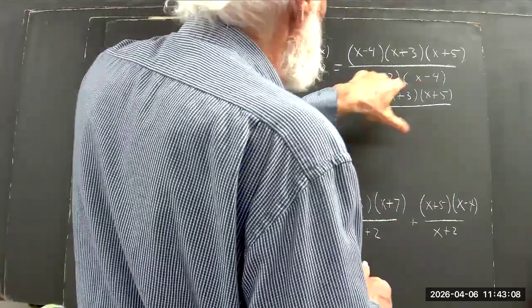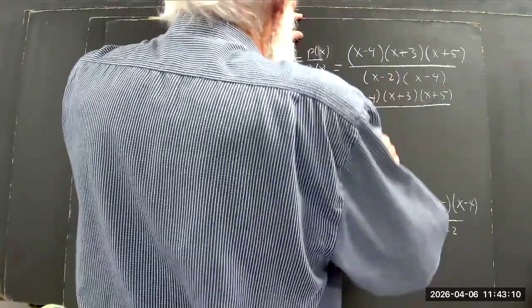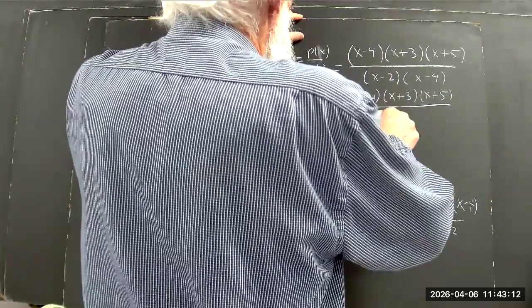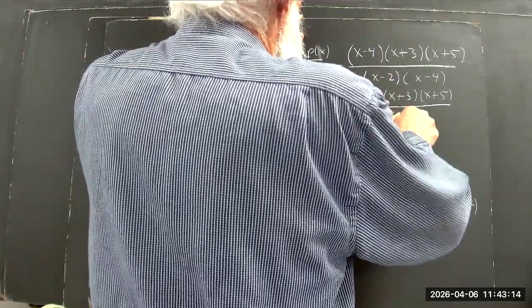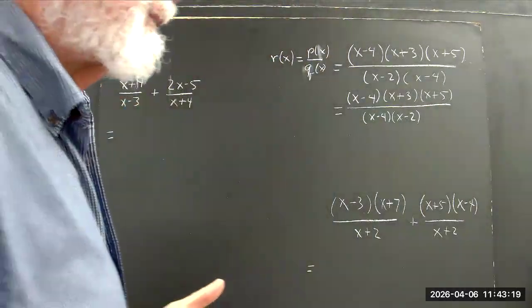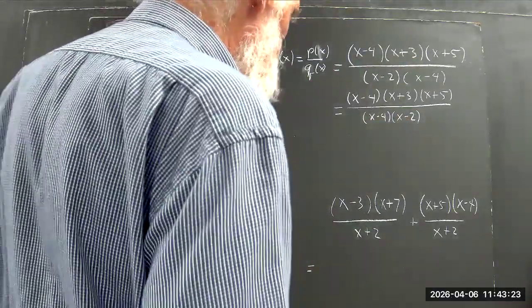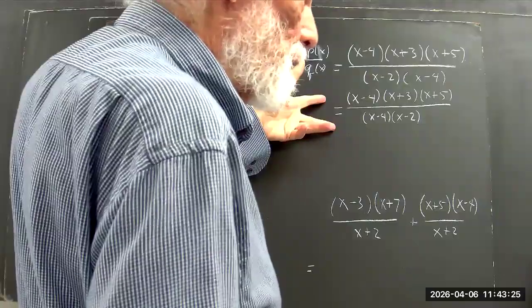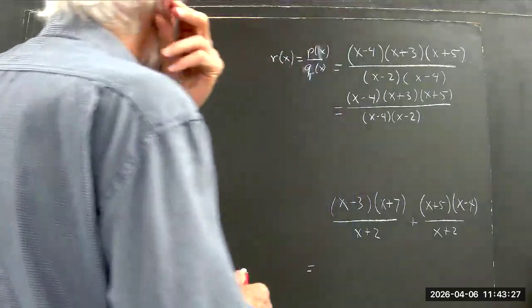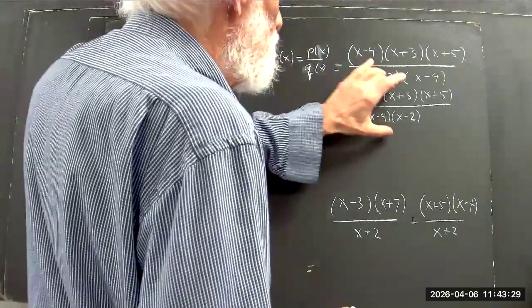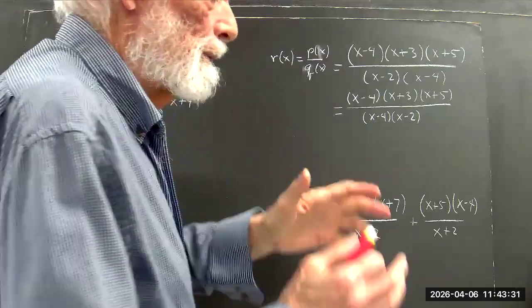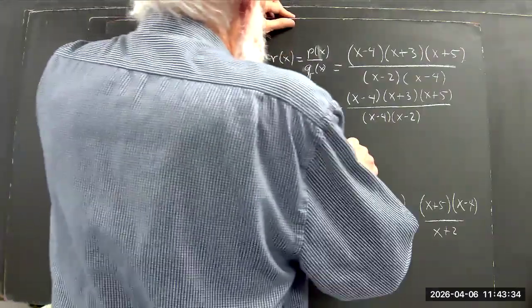In the denominator, we have x minus 2 times x minus 4. Well, let's just write that as x minus 4 times x minus 2. This is not a necessary step, but it helps you keep things in order and help avoid confusion. So consider rearranging any factored polynomial in a logical way. Okay, now